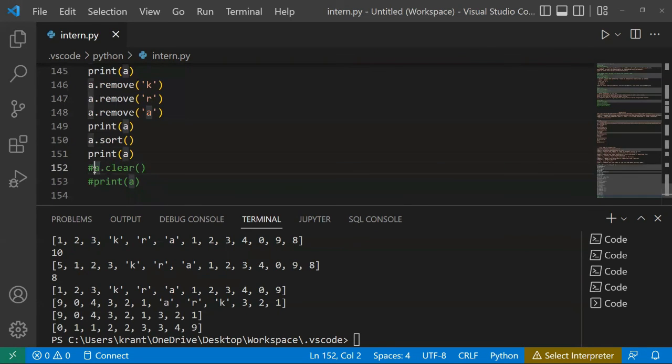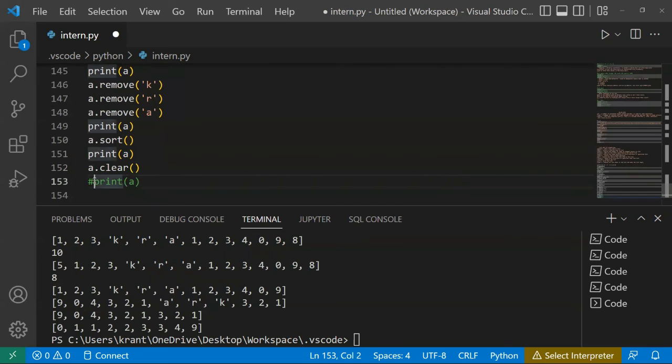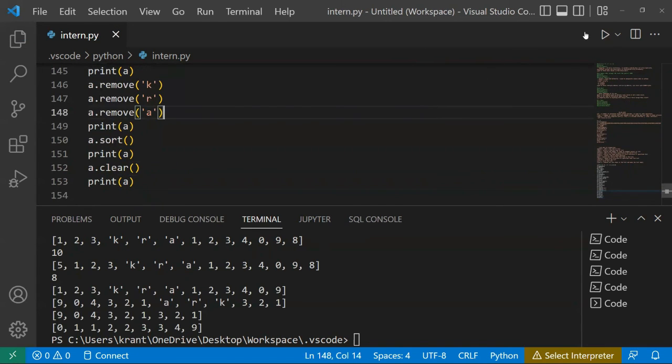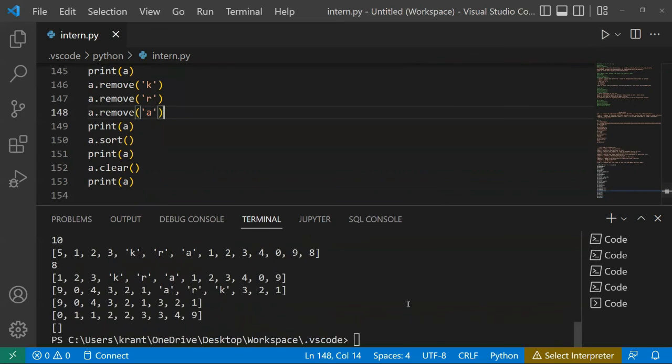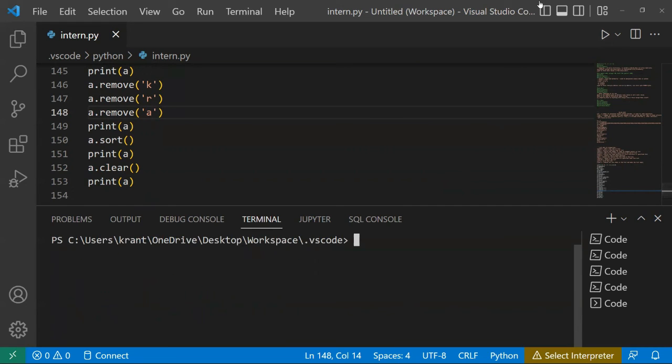And if you want to clear the list, you can do that with clear. This is the empty list, as clear removes all the elements in the list. This is all about the list and its properties. Let's discuss more